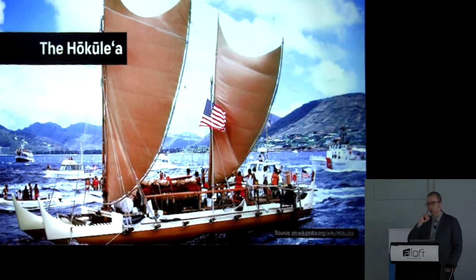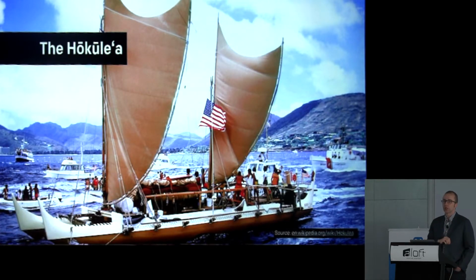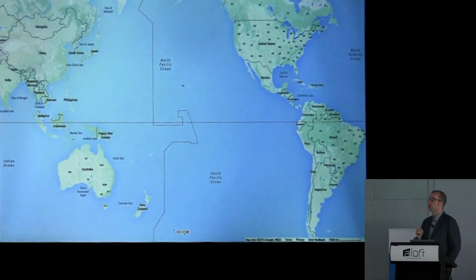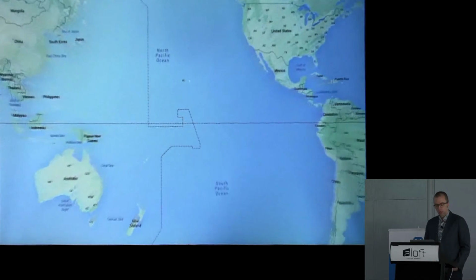Now, this boat's name is the Hokulea, and more specifically, it's a large voyaging canoe powered entirely and only by the wind in its sails. And in 1976, the crew of the Hokulea made a decision to take it on a very beautiful but also incredibly difficult journey, between two historically island nations, between Hawaii